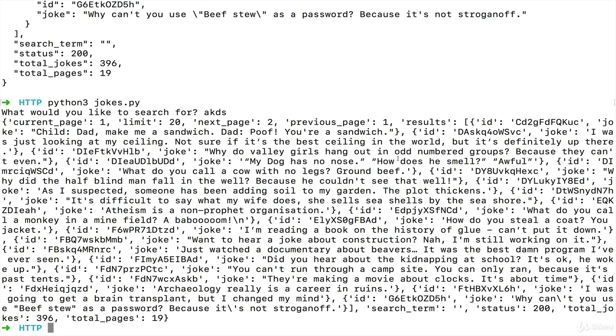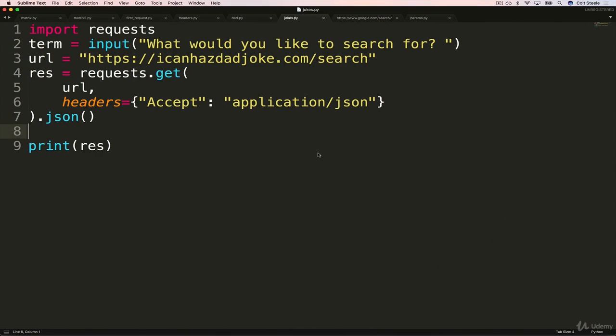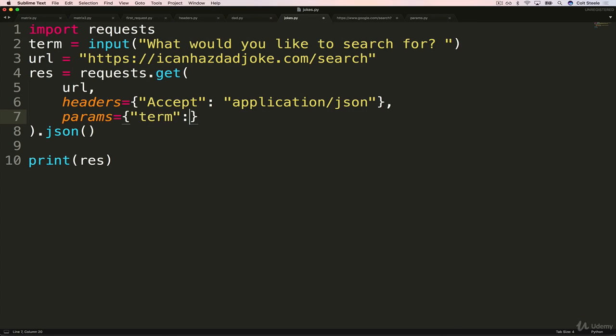So now let's hook up our search term. And to do that, all we need to do is take the user term right here, add a comma, and then do params equals. And the param we want is term, this is not up to us. This is how the API is set up. But this part is a variable, and we can just specify term. And I know it's kind of confusing. They're both called term.